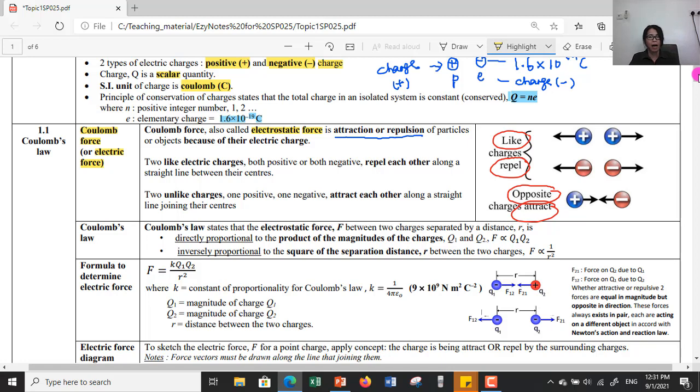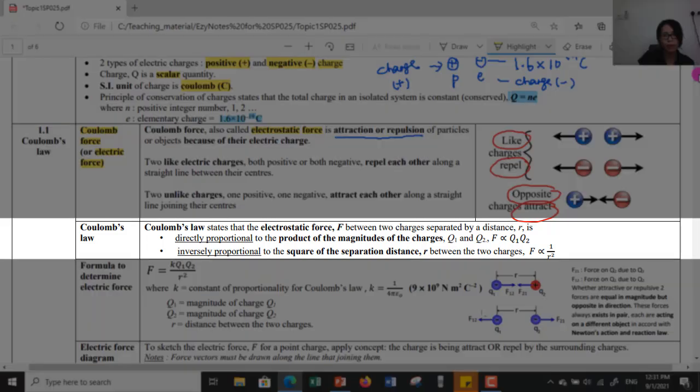So, macam mana kita nak tahu nilai electric force ataupun Coulomb force yang wujud antara dua charges? So, according to Coulomb's law, Coulomb's law states that the electrostatic force F between two charges separated by a distance r. If we have two charges, kalau kita ada dua charges separated by a distance r,